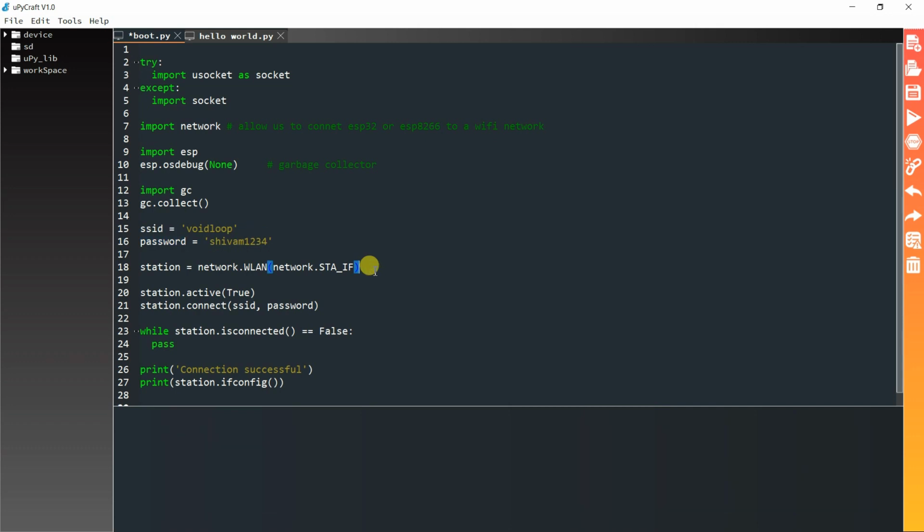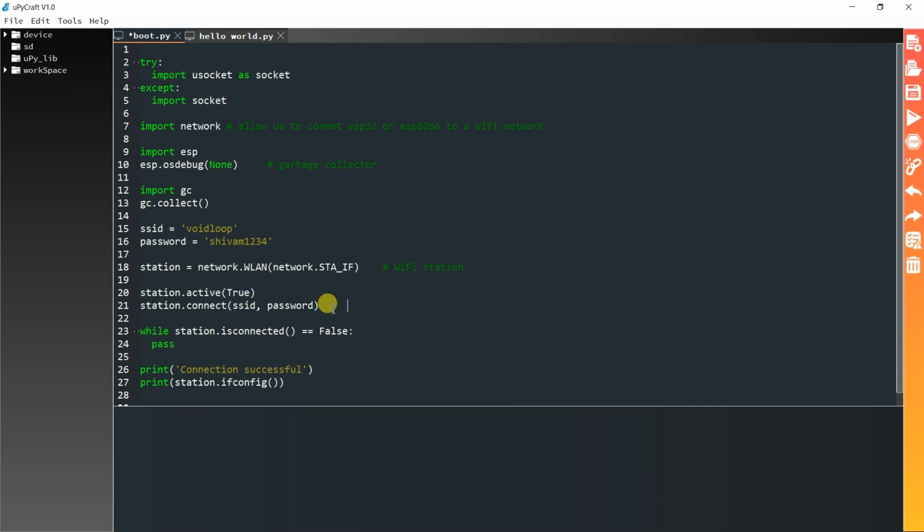This is the station object. It will create our board, ESP32 or ESP8266, as a Wi-Fi station. And here we activate the Wi-Fi station.